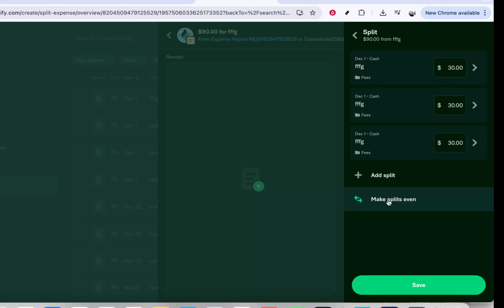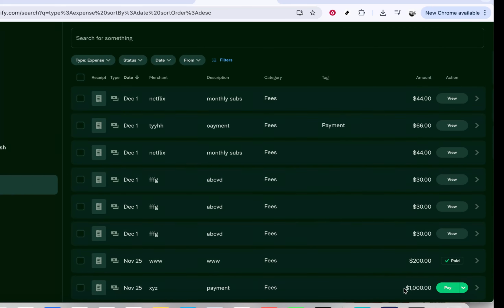Expensify will open a split editor, showing you how the total amount is currently allocated. Here you'll see two main options. You can click on Add Split to manually add individual split lines and enter custom amounts, or you can use Make Splits even to have Expensify automatically divide the total into equal portions. Choose the option that matches how you need the cost divided. As you set the splits, you can